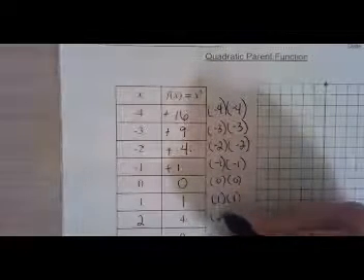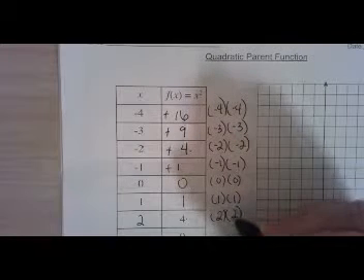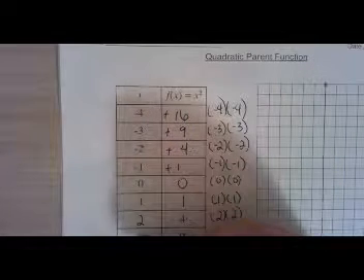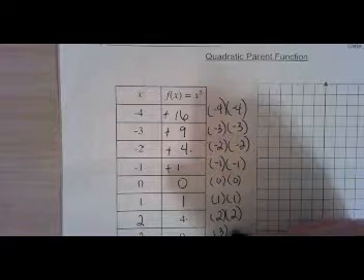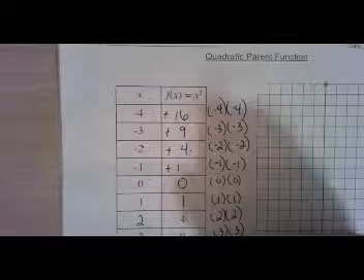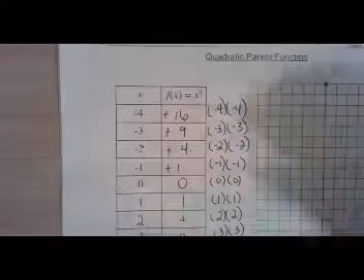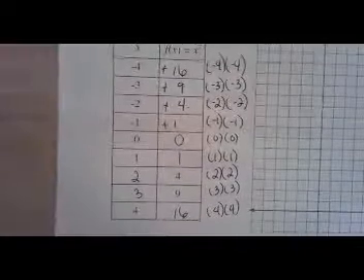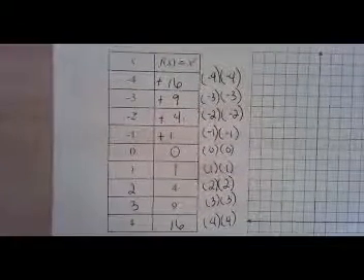2 times 2, positive 2 times positive 2, that does give us positive 4. And then we're going to do the same thing for 3. 3 times 3 gives us 9. And positive 4 times positive 4 gives us positive 16. Okay. Once we finish that, we'll want to plot these points so that we can see what they look like